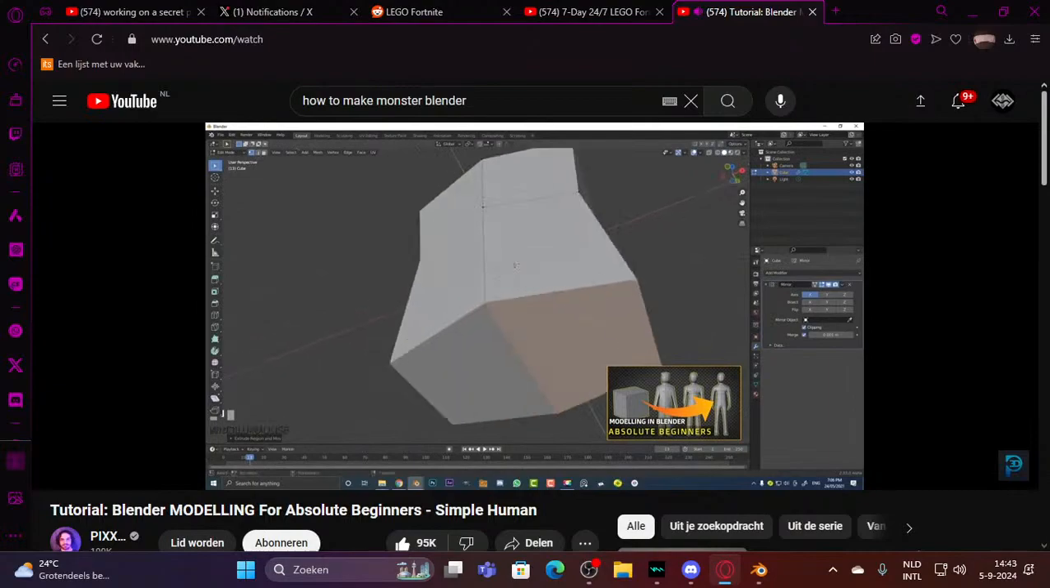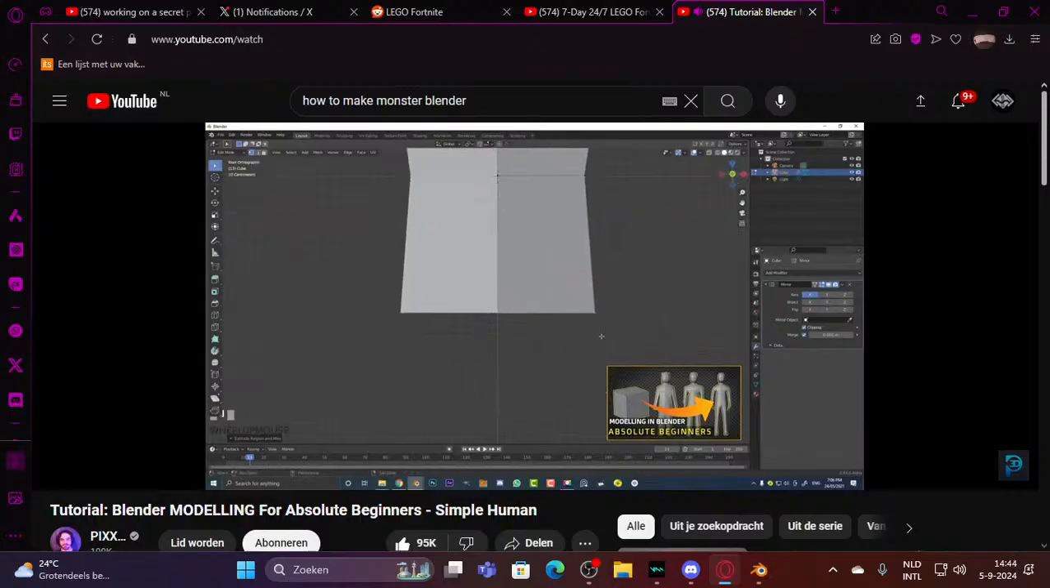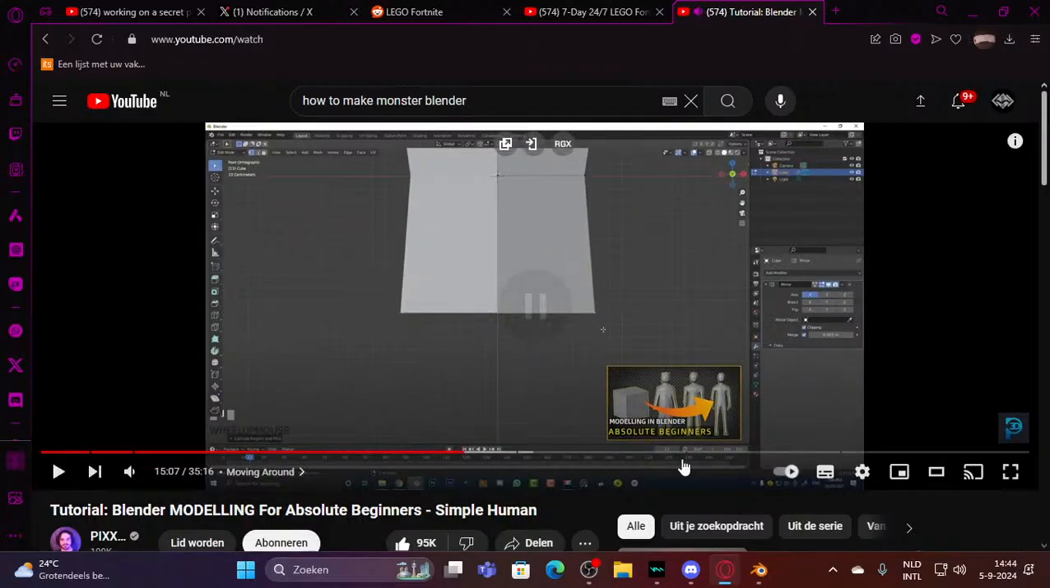But what we want to do now, where this face is here, we want to extrude a leg. So we went into our front view, and with those faces or verts still